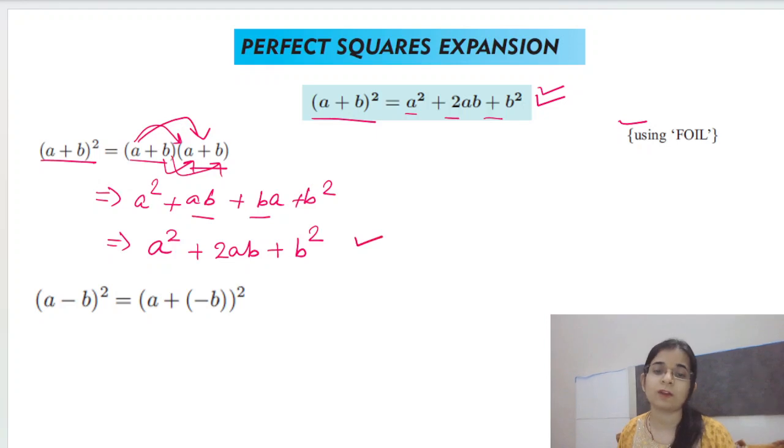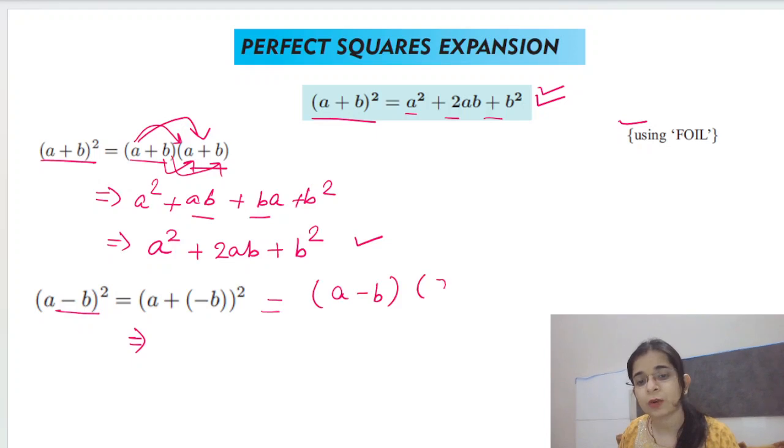So that is kind of a general formula of the product of the sum as well as the difference. If we are going to do the same thing again, here in place of a minus b, we are going to write (a minus b) twice. We know how to multiply this. A multiply a is a square,